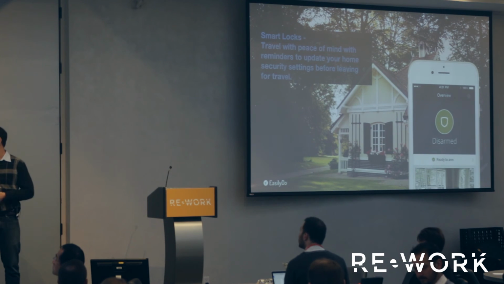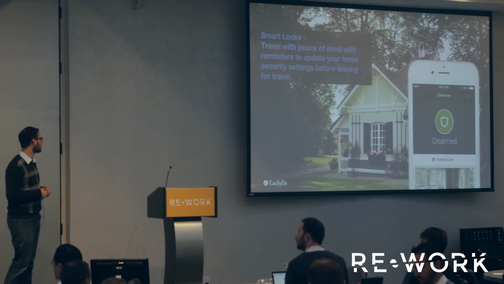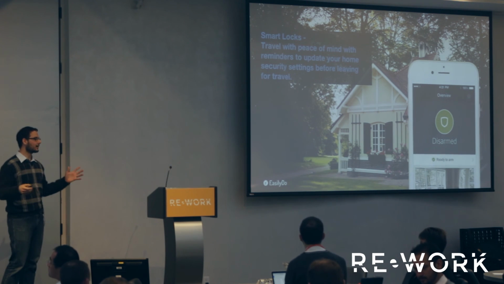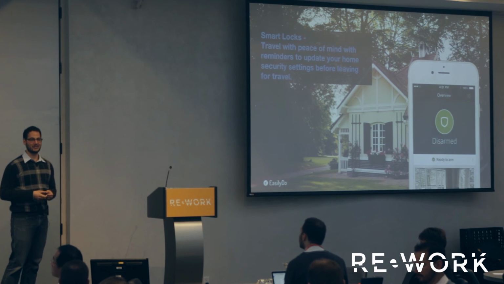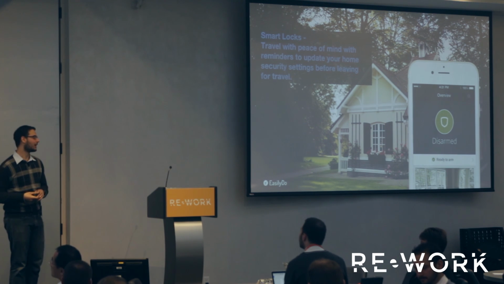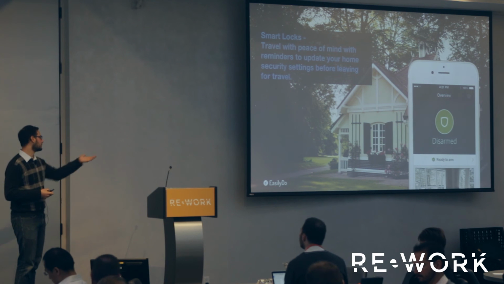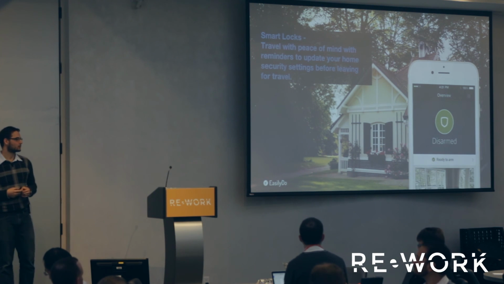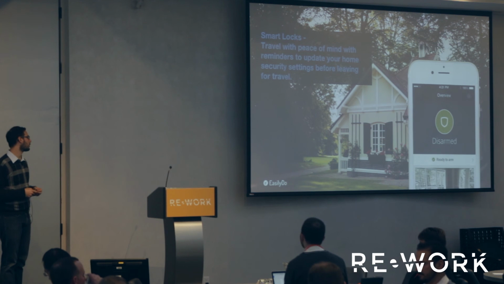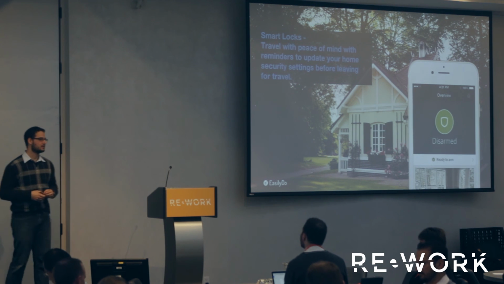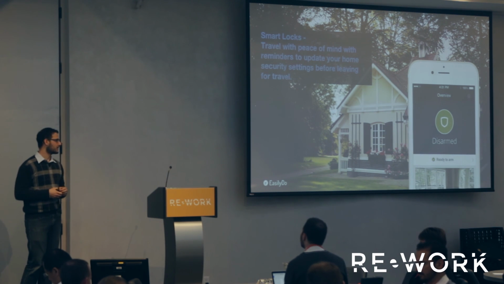And then another big sector within the IoT space is home security, right? So I forget to lock my apartment all the time, right? But if I had a smart lock, right, then it could let me know if it's armed or disarmed, and if I'm traveling, it could automatically lock it for me. And again, we could provide the data to that sort of IoT device to make sure that your home is secure when you're away.